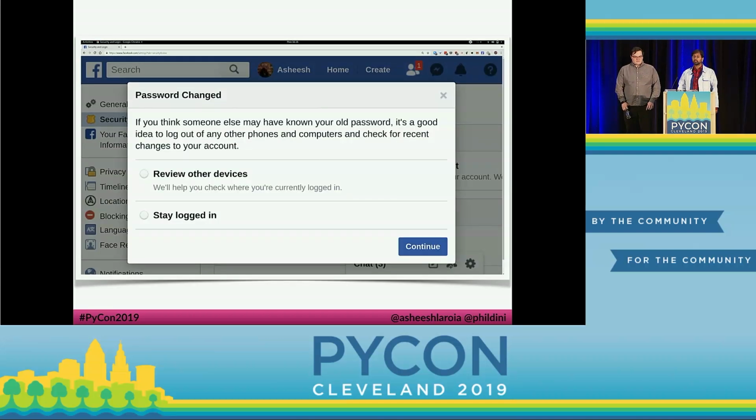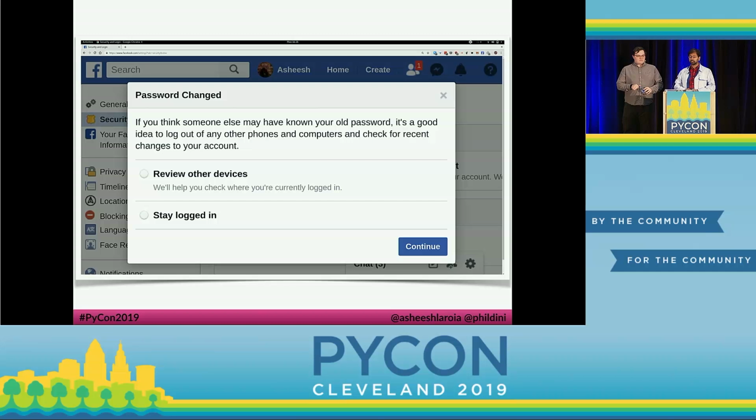So here's a picture of what it looks like when I change my Facebook password. Facebook gives the user the option to log out the other devices that are logged in. You could create a session database table, create a web interface for letting the user invalidate sessions one by one, and that would let you do something similar. But that feature can be hard to implement, and users might not go looking for it.